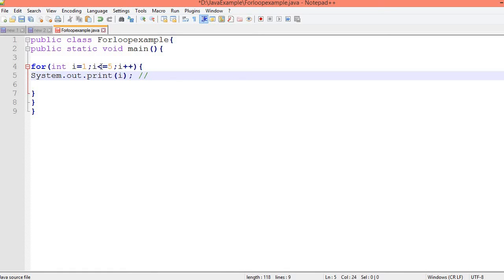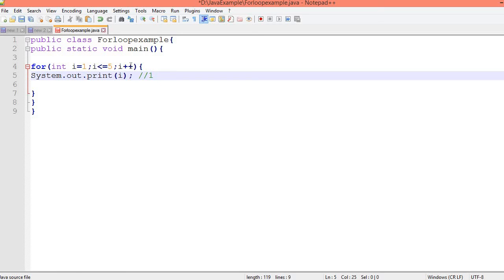Yes. Then it will go inside and print 1, because the value of i is 1, and then it will go here and increment.